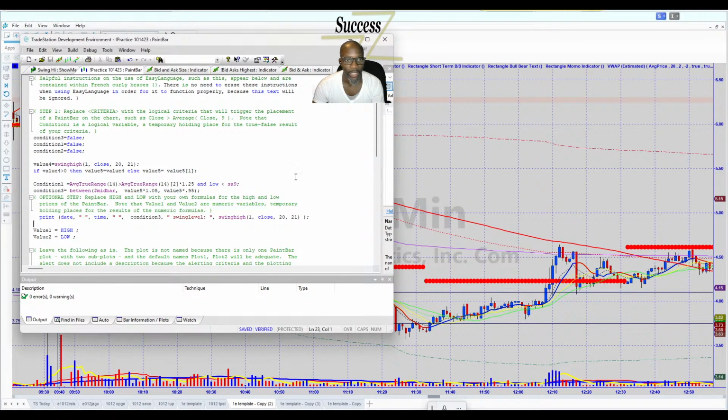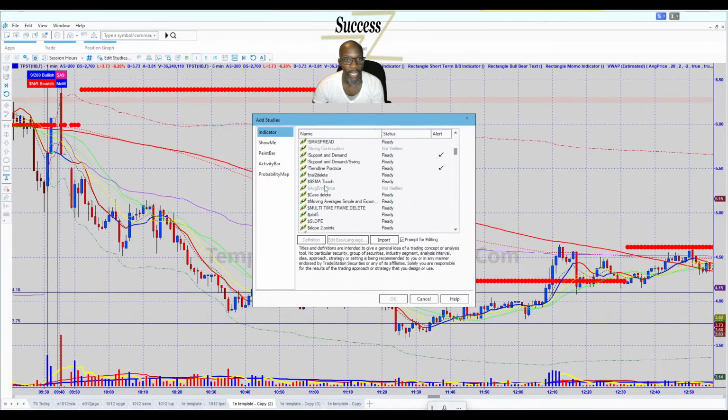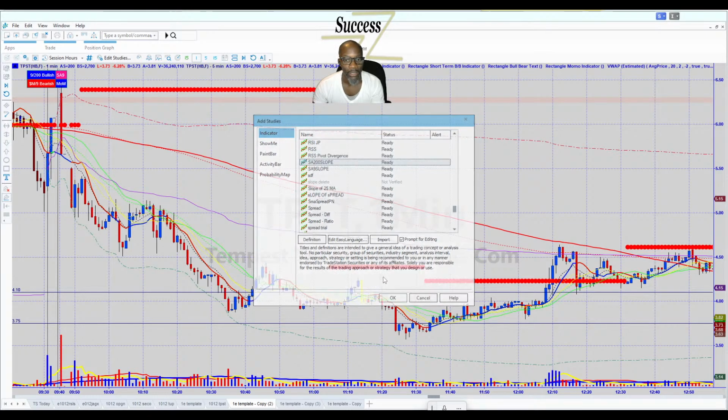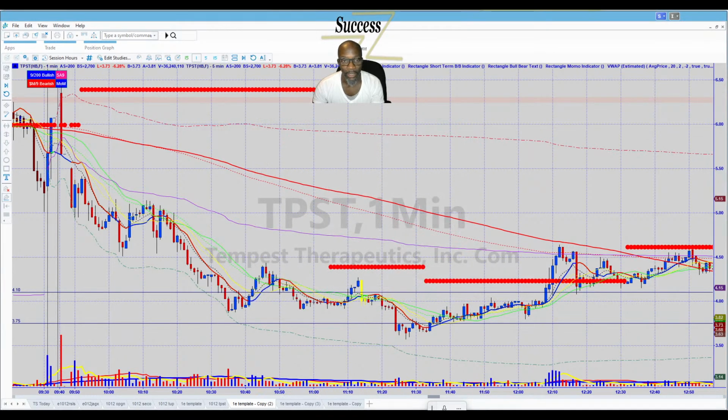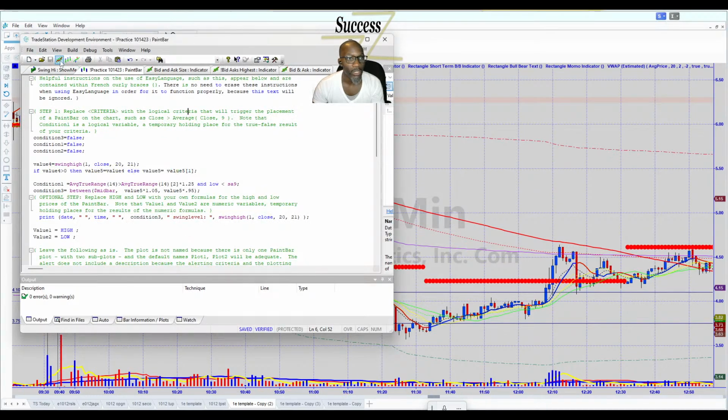So we're gonna go here and then we'll apply that to the chart. Let's see. I think I already have some. Say slope of 25 EMA, slope of spread. No, it needs something with just slope. Delete. All right, so we'll have to make a new one, and it'll just be called